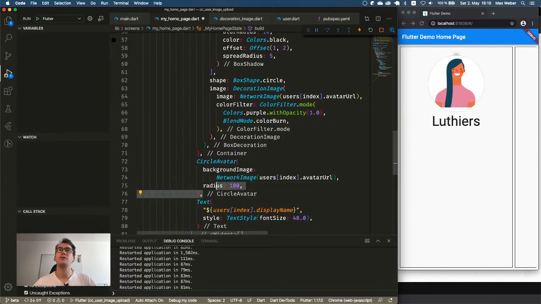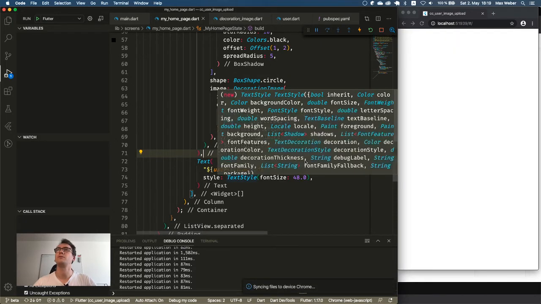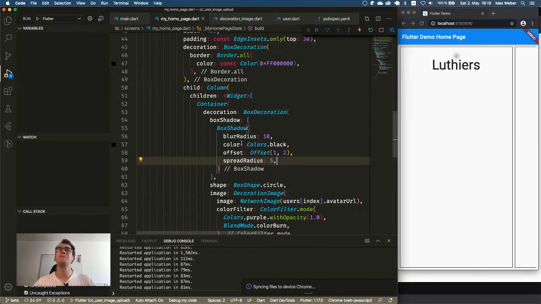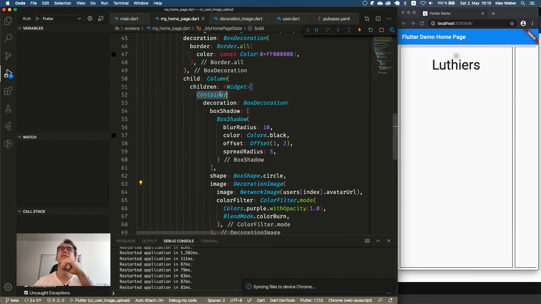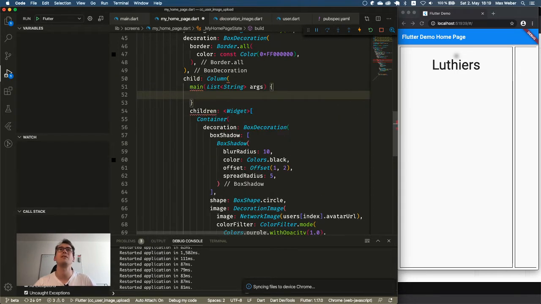Because the circle avatar down here is faking me an image. I think the image is not there. So the problem is that, or there seems to be, we get the network image, the decoration image, but the problem is that the container itself has no size. It is 0 to 0. So I can enter here whatever I want and there will be no solution for my problems.